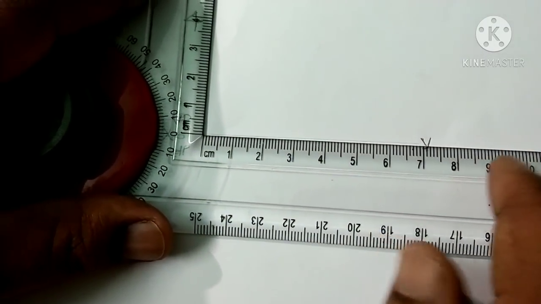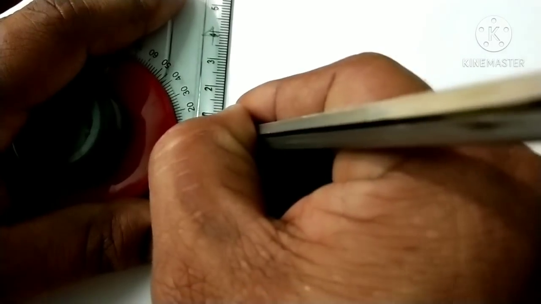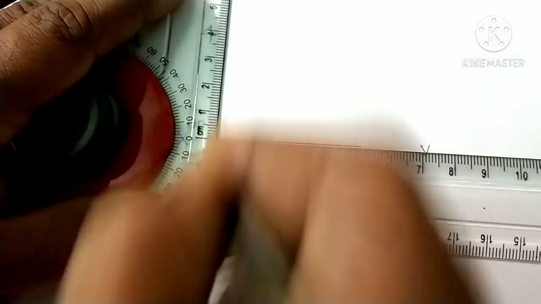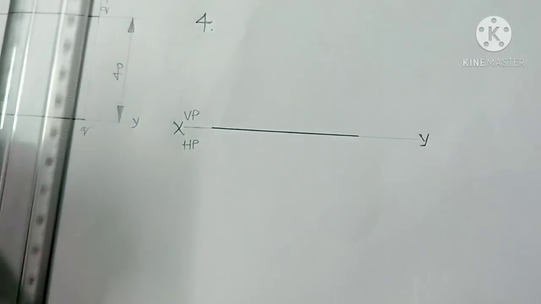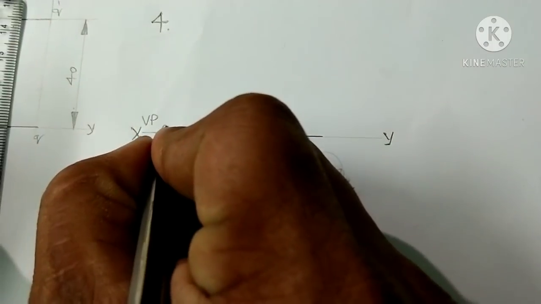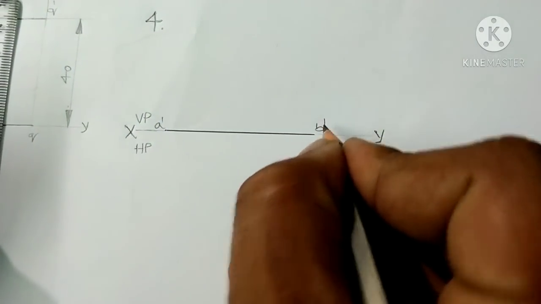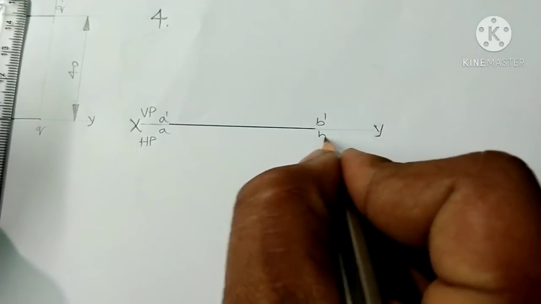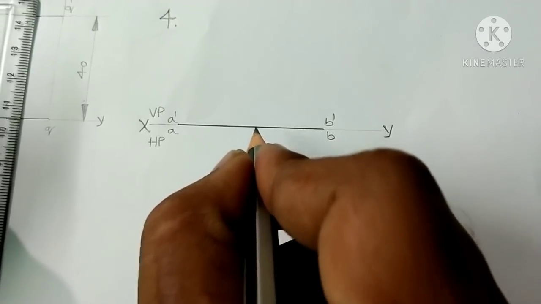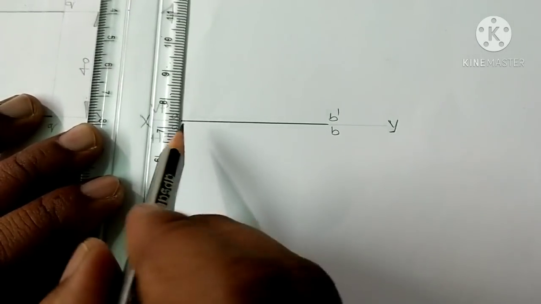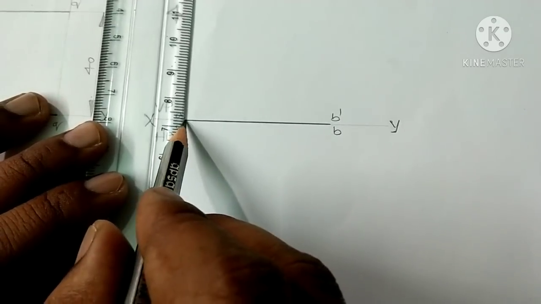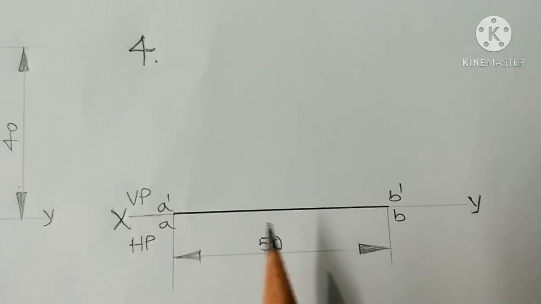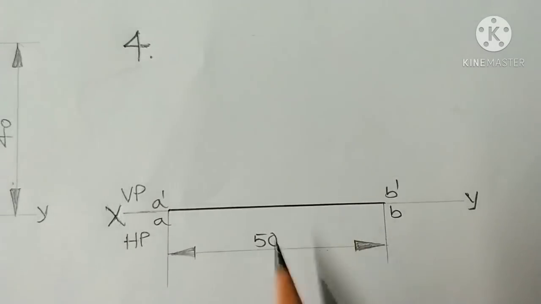So that is why I am going to construct the line with 50 mm, that is the length of the line. Here I have drawn the 50 mm line exactly on the reference line. Above the reference line I can give the front view naming, that is A dash B dash, and below the reference line I can give AB. So both views are located at the reference line. Similarly we can show the given dimension also, that is 50 mm. Finally, we can show the dimension line in this way. This is about the solution of problem number 4.